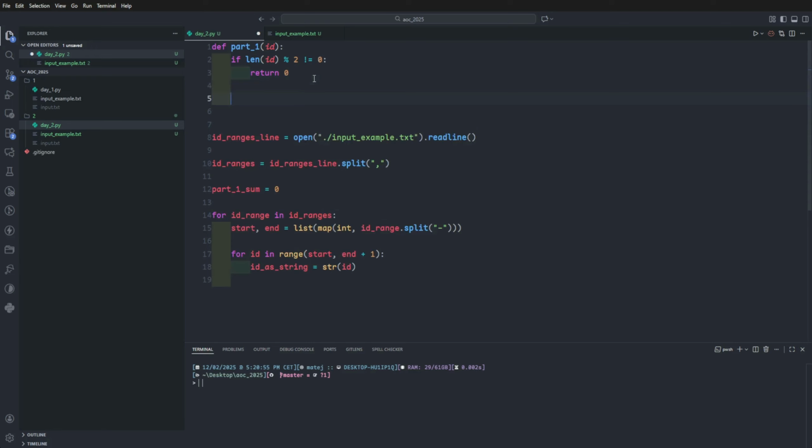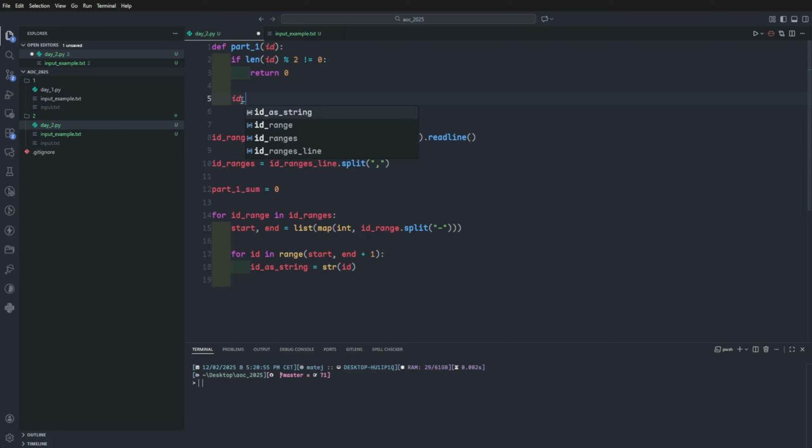Now, one thing about how I went about this is we want to be able to check if two parts are equal, but there is also a case where the number can literally be basically like this. And so what this tells us is anything that has a repeating sequence is always going to be considered an invalid ID, I mean. And we can easily check if this is going to be okay or not